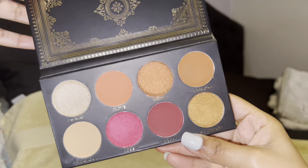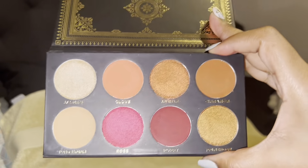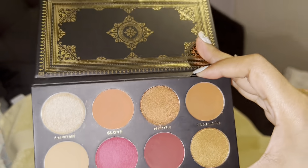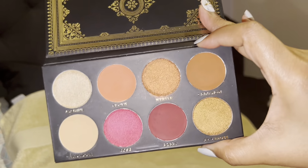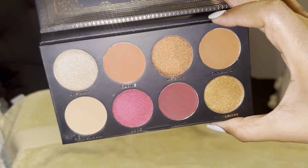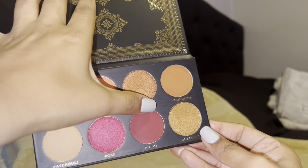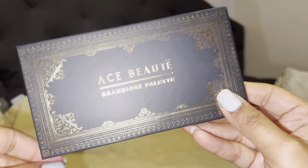And this is what the palette looks like. I want to say I've used this once, maybe twice. The shades are very, very beautiful and pigmented. As you can see, I did have a preference back in the day when I was having palettes. They all are very warm, dark red tone, bronzy type shades. I have a bunch of these in my collection, so I don't really need this palette. It is nice and travel size, but I don't need this, so I'm gonna go ahead and get